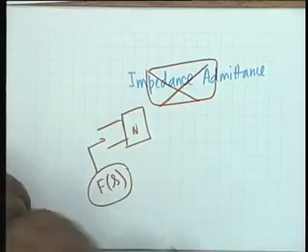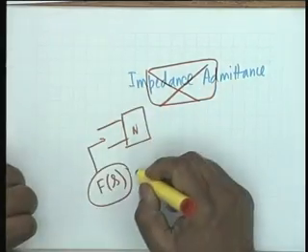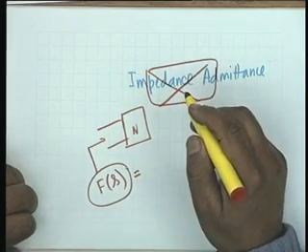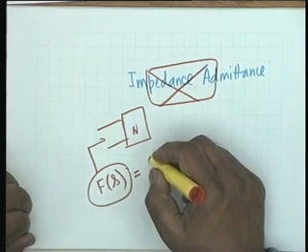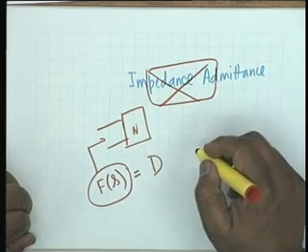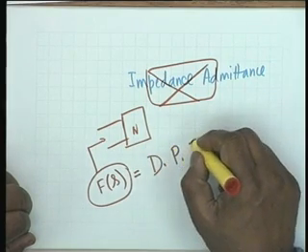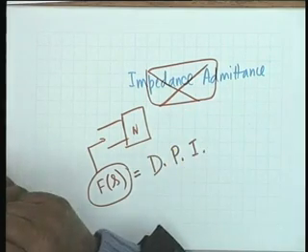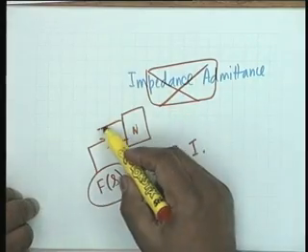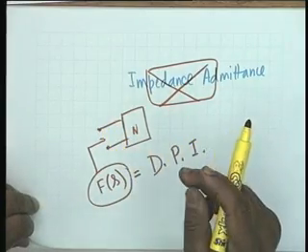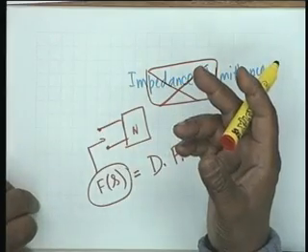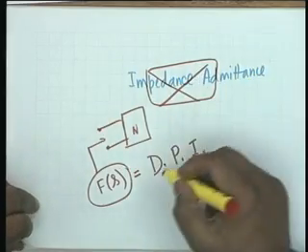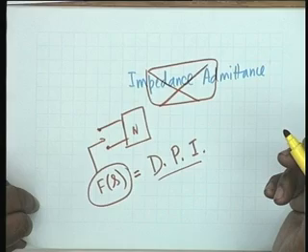Suppose F of s is given. For reasons to be made clear in a few minutes, F of s, the immittance function, is called the driving point immittance, DPI, because it is the impedance or admittance measured at the port at which you drive the network, at which you excite the network. So it is called a DPI, driving point immittance.